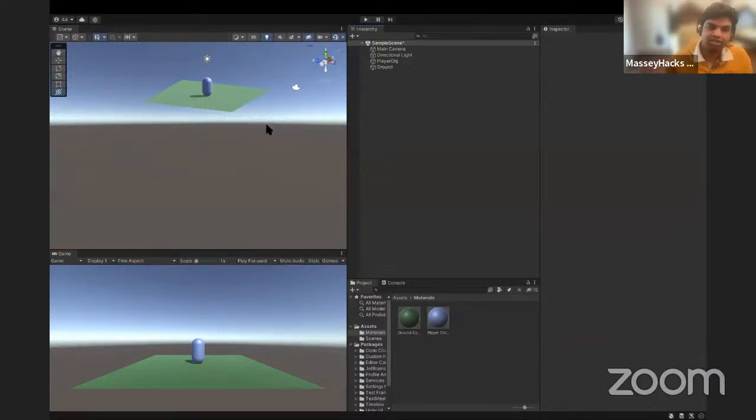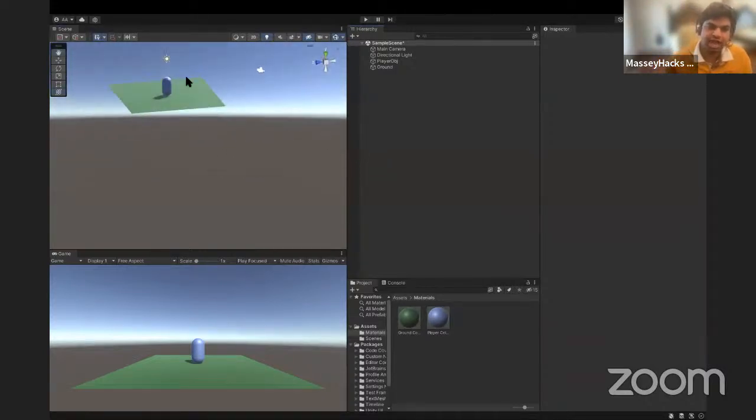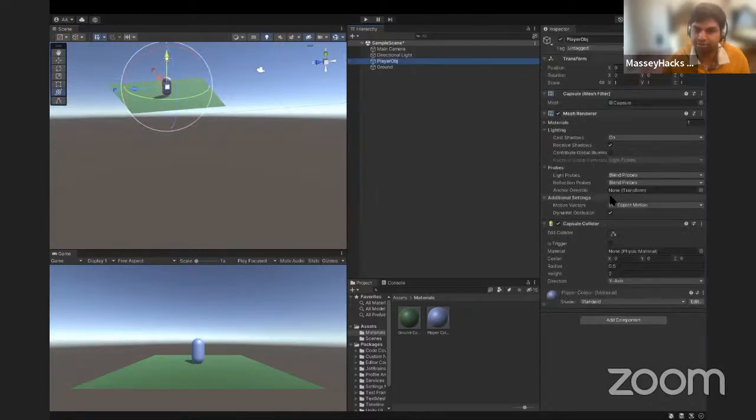So far all we've learned is to add objects and add materials to the scene, and then we can see that in the game. I think now we can actually start getting into the actual components of our player object. So we see that this has a capsule collider. And if I click play,